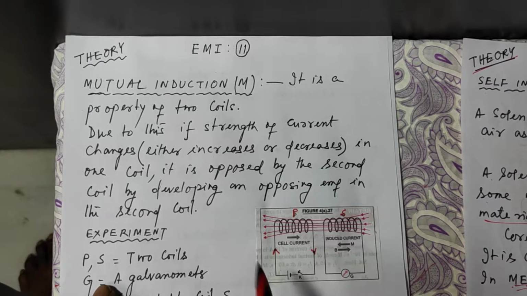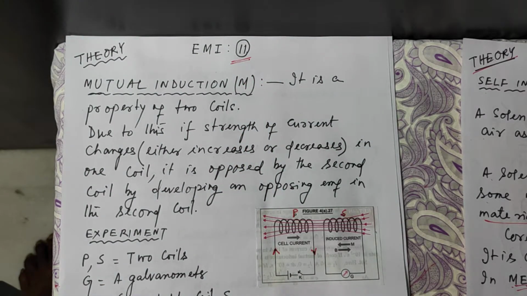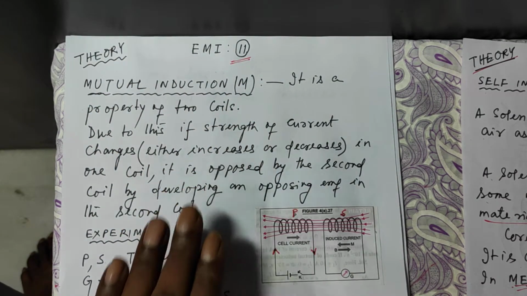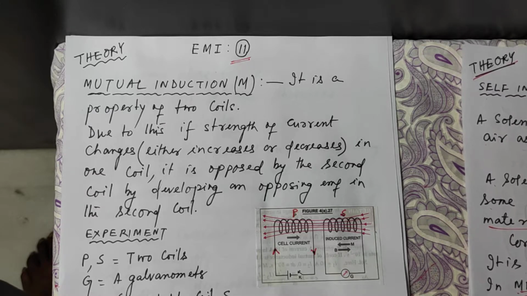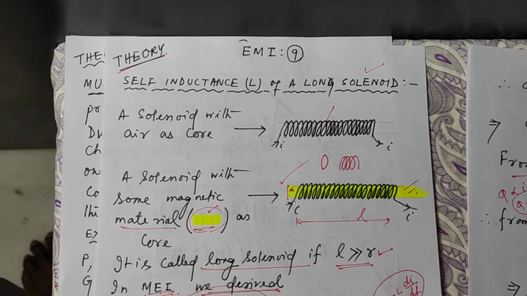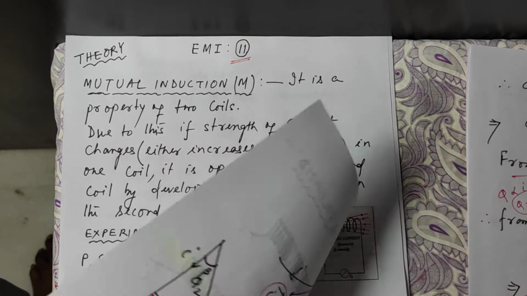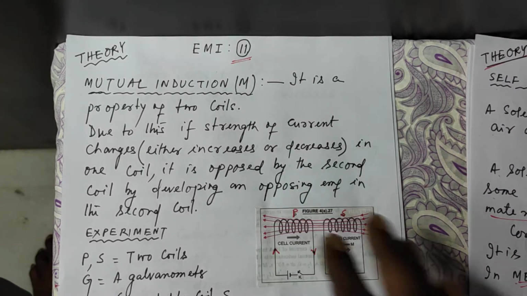Now, electromagnetic induction, lesson 11, mutual induction. To understand this, you must go back to my previous lessons, that is electromagnetic induction 9, where we learnt about self-inductance. Self-inductance means,